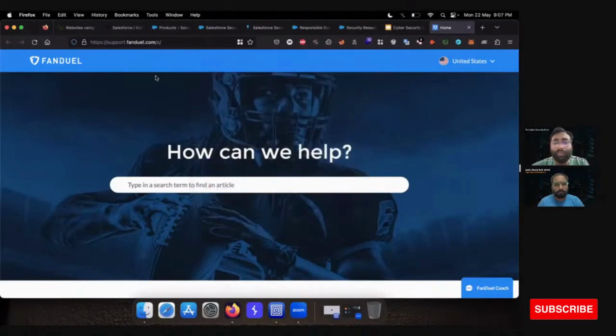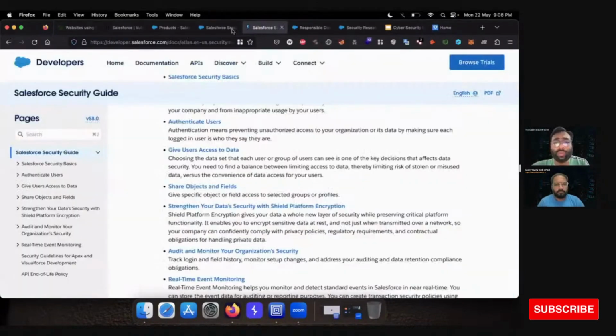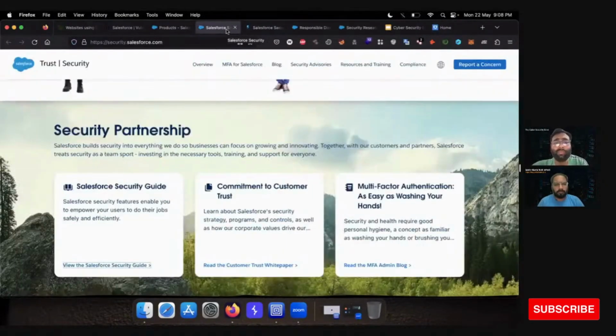So now we have to analyze if we can find something related to Salesforce security. Also, we can find some vulnerabilities on Salesforce itself. So how can you find some vulnerabilities?